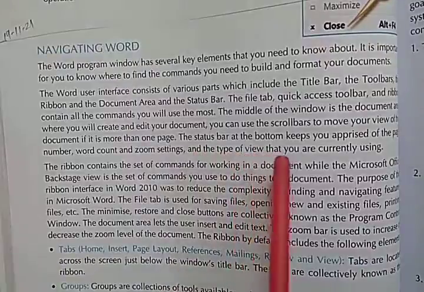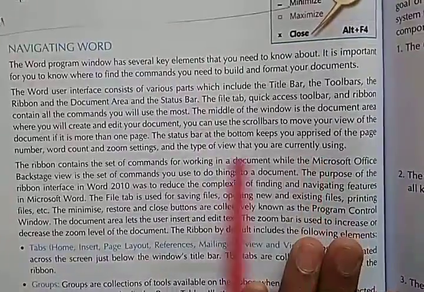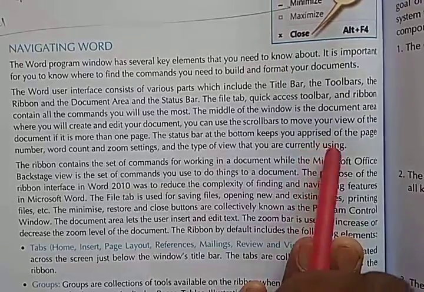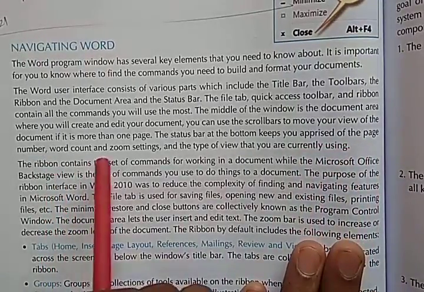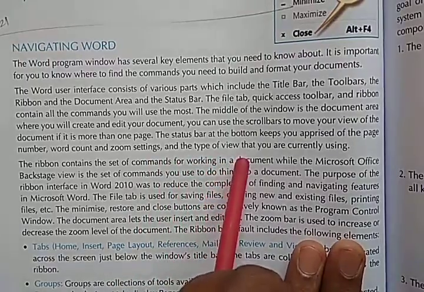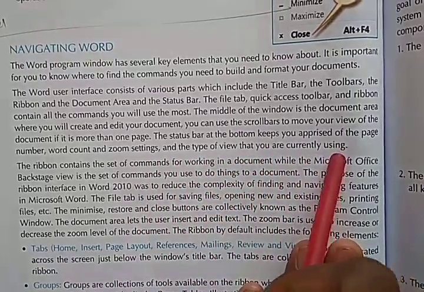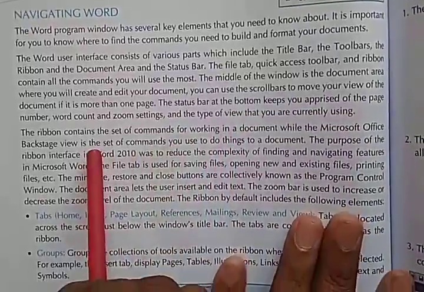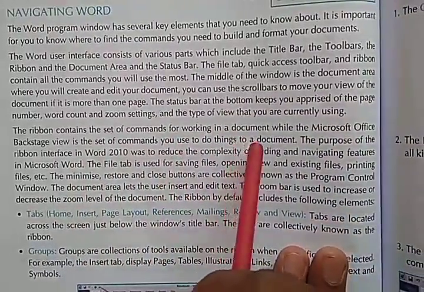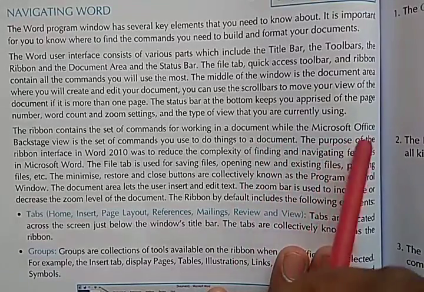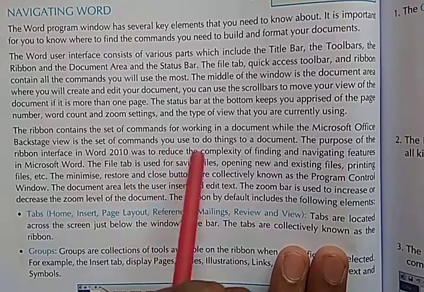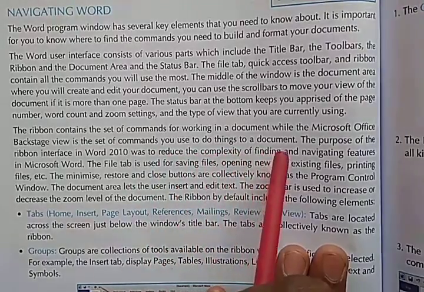The status bar at the bottom keeps you apprised of the page number, word count, zoom setting and the type of view that you are currently using. The ribbon contains the set of commands for working in a document, while the Microsoft Office Backstage view is the set of commands you use to do things to a document.